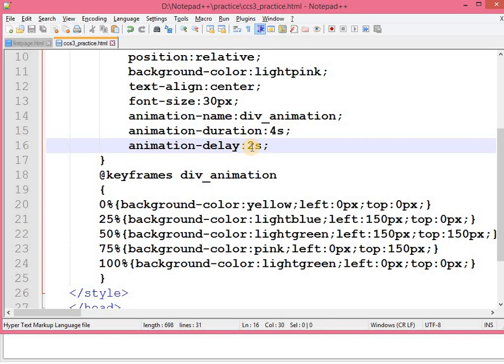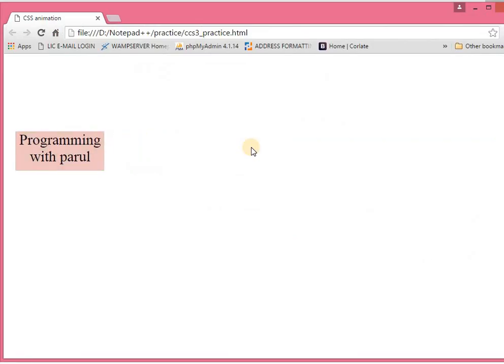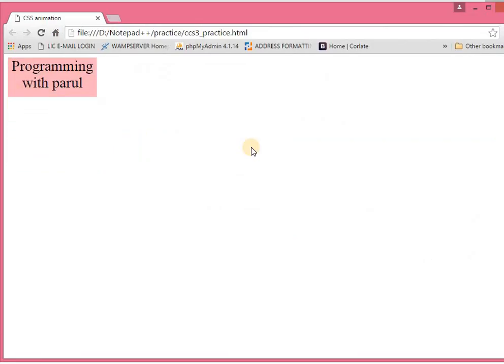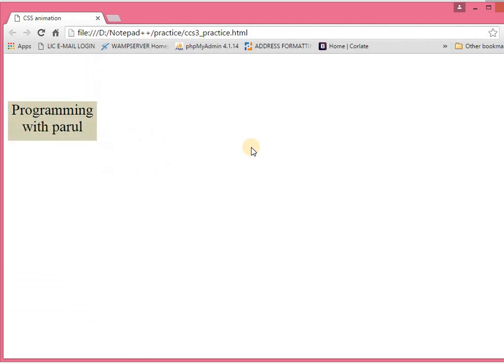Now what if I give it a negative value? Okay, animation delay, yeah, I can assign a negative value also to this animation delay property. Now let's just take a look at how it works. Again, are you getting it?